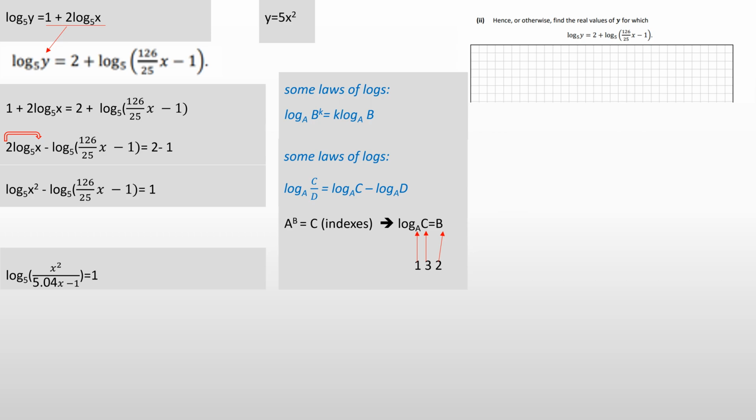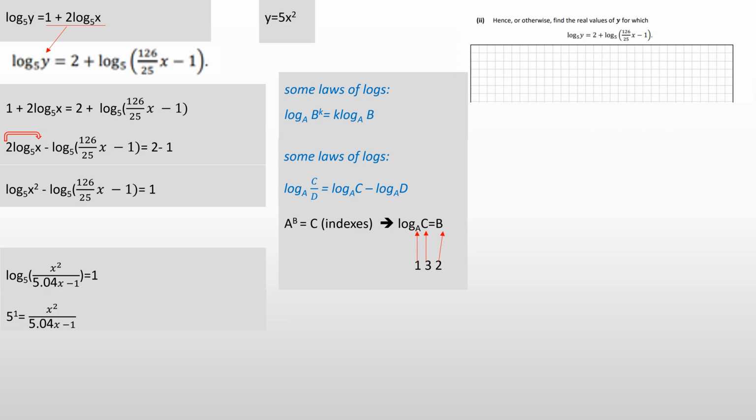So it's the same strategy to turn the log into indices. It's the same way we would have turned the indices into log. So just label them 1, 3, 2, and then put them in the order that you have written, like 1, and then number 2, you put it on the number 2 position, and number 3, put it on the 3rd position. So if you do that, our 1 in this case is 5, our 2 is 1, so 5 to the power of 1, and our 3 is the middle number, the x squared over 5.04x minus 1. So when we do that,